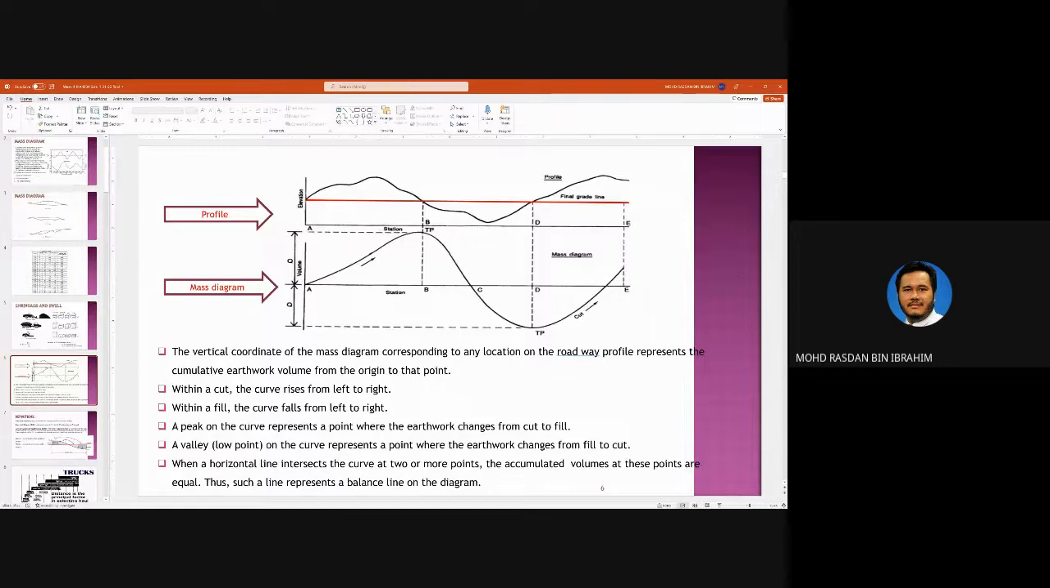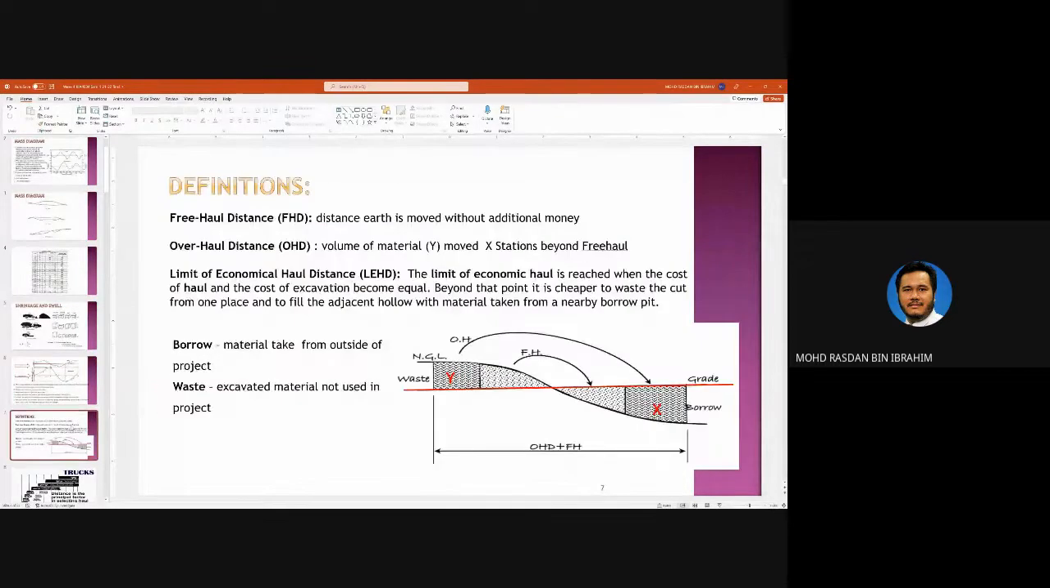So when a horizontal line intersects the curve at 2 or more points, the accumulated volumes at these points are equal. All right. So it doesn't mean that you just need to cut here and fill here, cut here and fill here. You can also go from here going backwards. So these are the